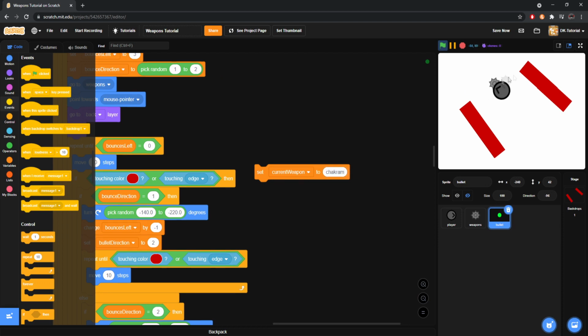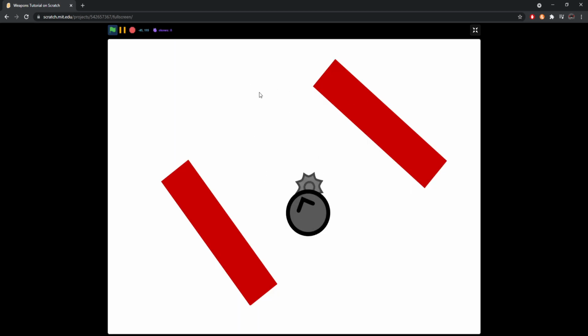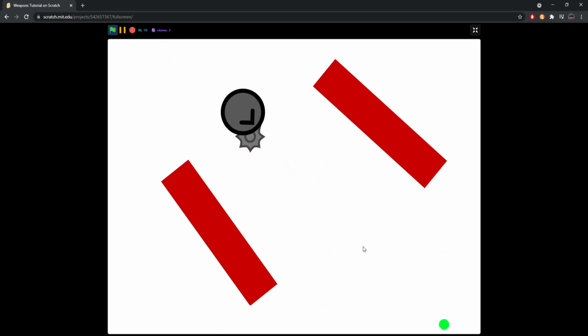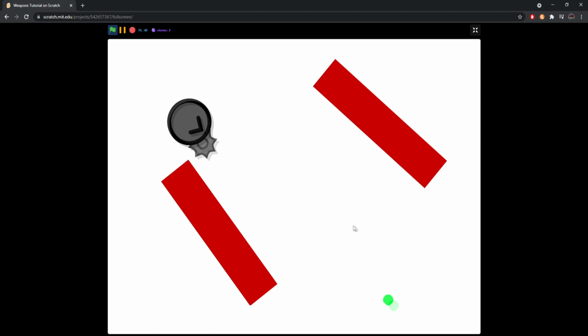Chakram. Here we go. Let's take a look. Just because we already have it set at 1, it's probably gonna shoot one normally first. There we go. Look at that. It shoots bullets in all directions. Again, this is directly from my game. I mean, I'm sure this has been done before in other games, but I got this idea from my game because the